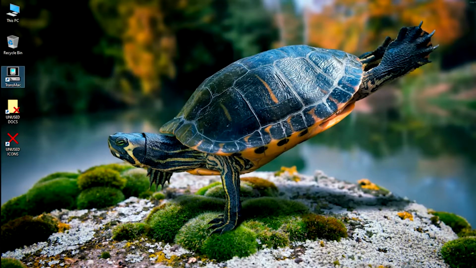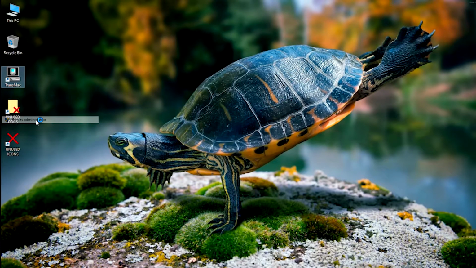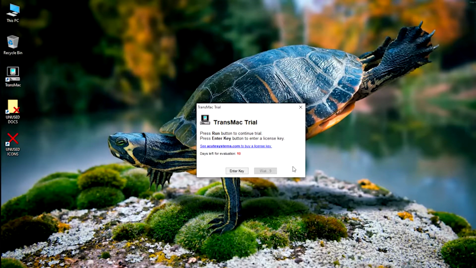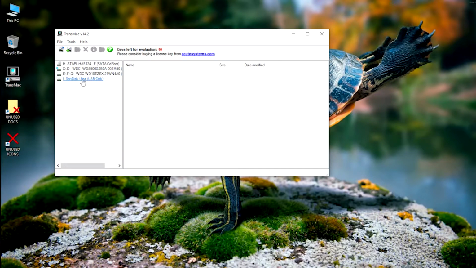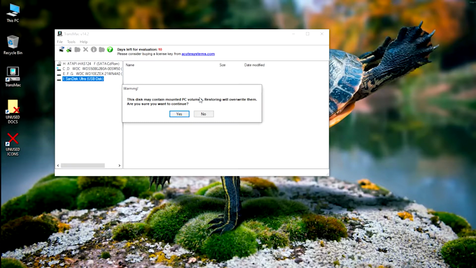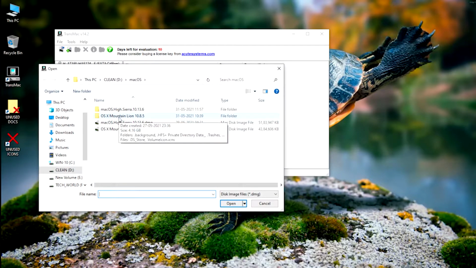Next, right click on TransMac and run it as administrator. As it is a trial version, wait for a few seconds. Click run. Now right click on your USB drive, select restore with disk image, click yes, and navigate to the files.